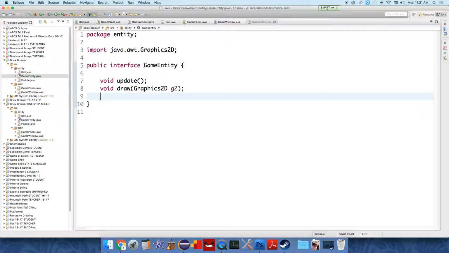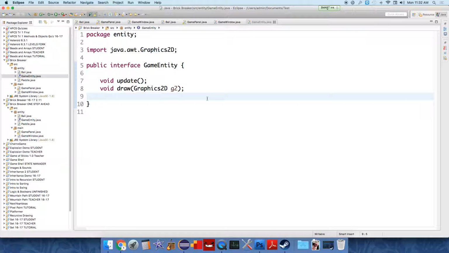reorganized. I'm sort of playing around with the idea of reorganizing this into a parent class rather than having similar implementations across all the entities. So like you could create a superclass that all of these other ball and paddle inherit from. We're just going to keep it with an interface right now, and I'll do some different versions of inheritance elsewhere